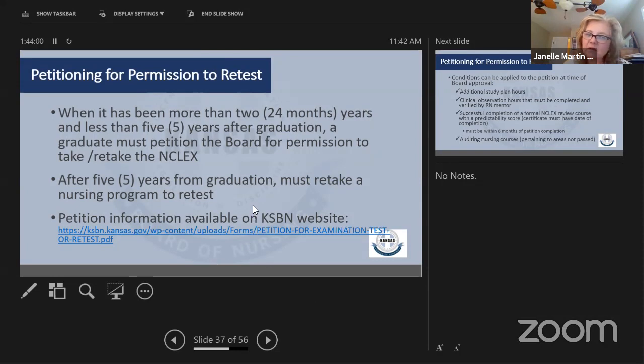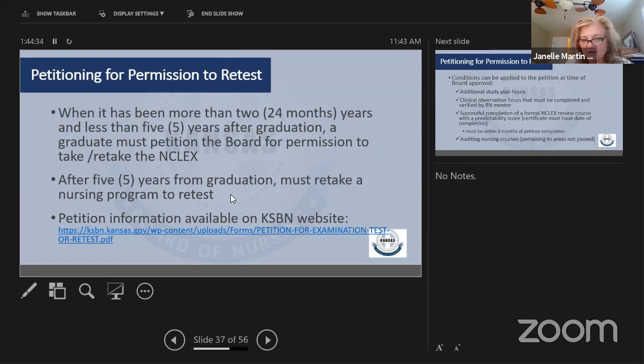This has happened maybe 2 or 3 times now in this past year for me: someone calls about the petition and they are already at their 5-year point from graduation. At that point, our board sets that policy. Once they reach the 5-year point, they must retake a nursing program to retest. It doesn't mean they have to go out and get a new degree, but they have to find a program that will accept them with whatever admission requirements.